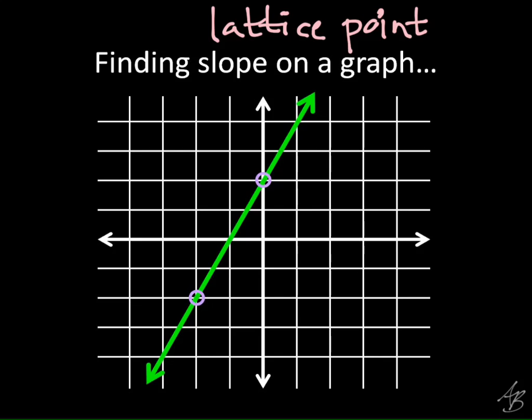Which direction is positive for my run? To the right, right? So if I start on the left, then I'm always going to go in the positive direction, going to the right. Okay? So I'm always going to start at the one on the left. It doesn't matter if you start at the other one, but you're going to have to deal with a negative run, and you might have to simplify the fraction. Actually, you will definitely have to simplify your fraction then.